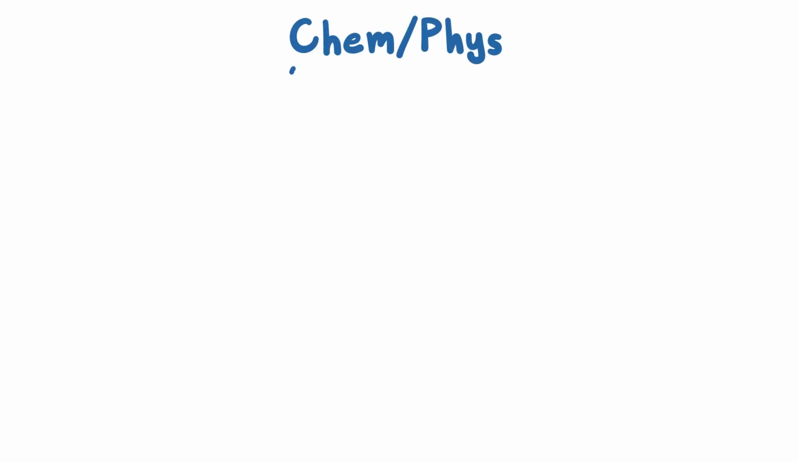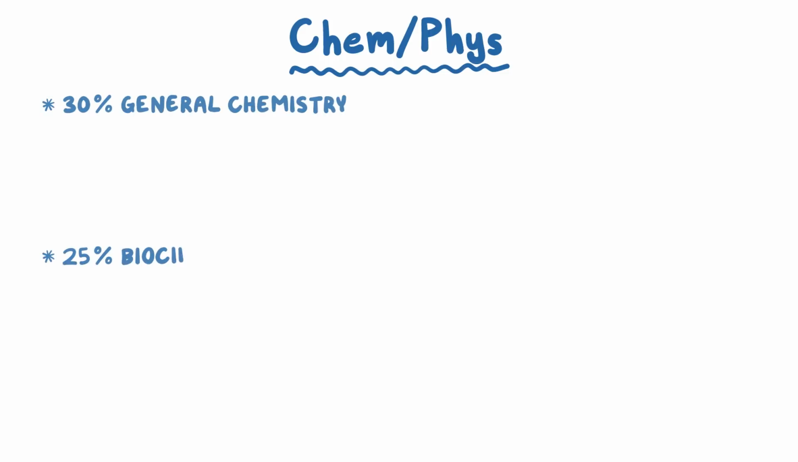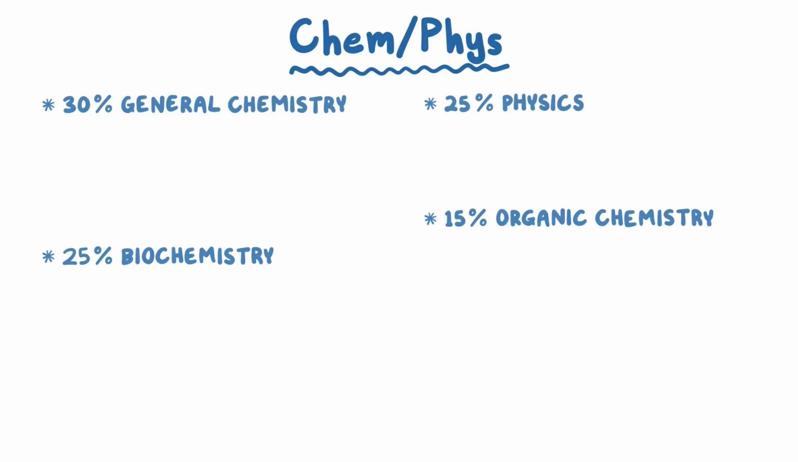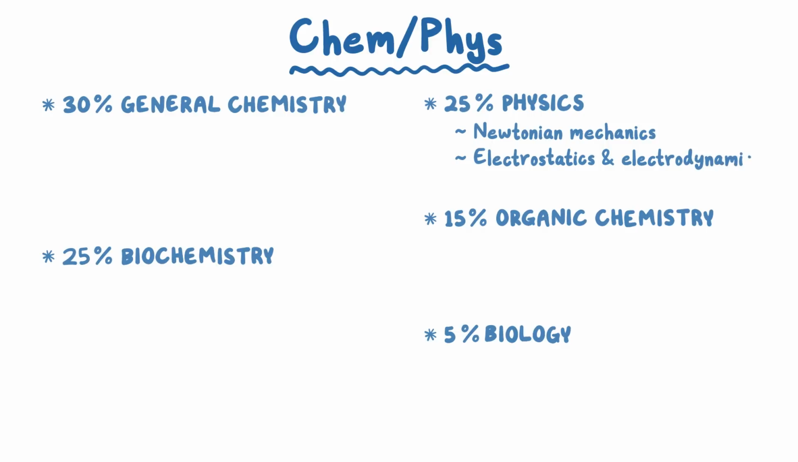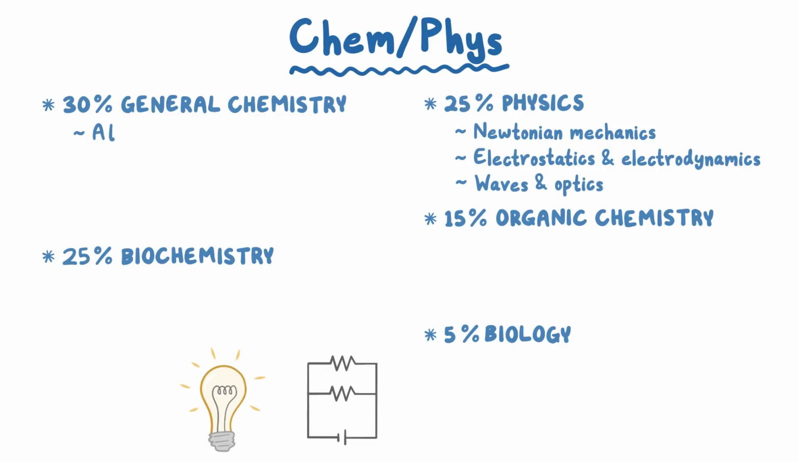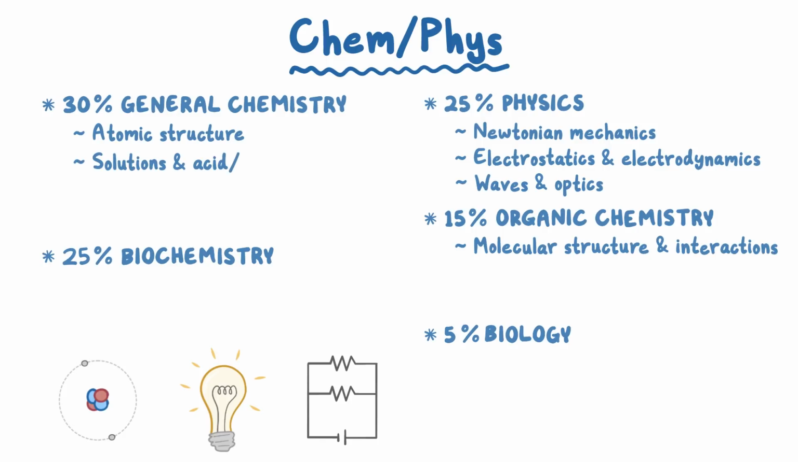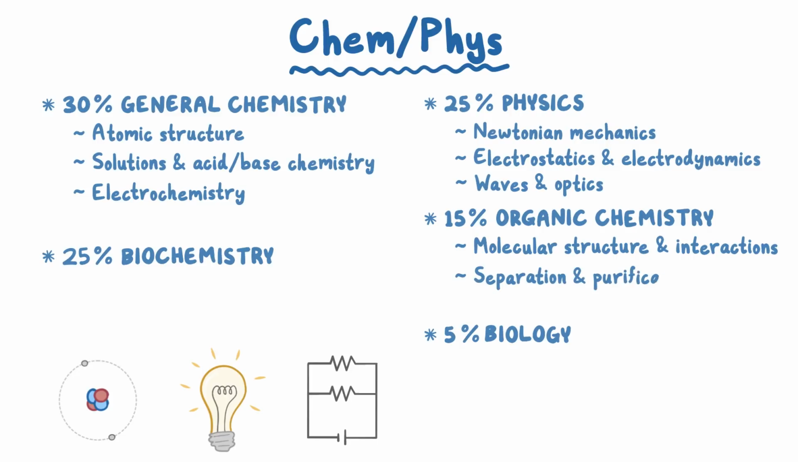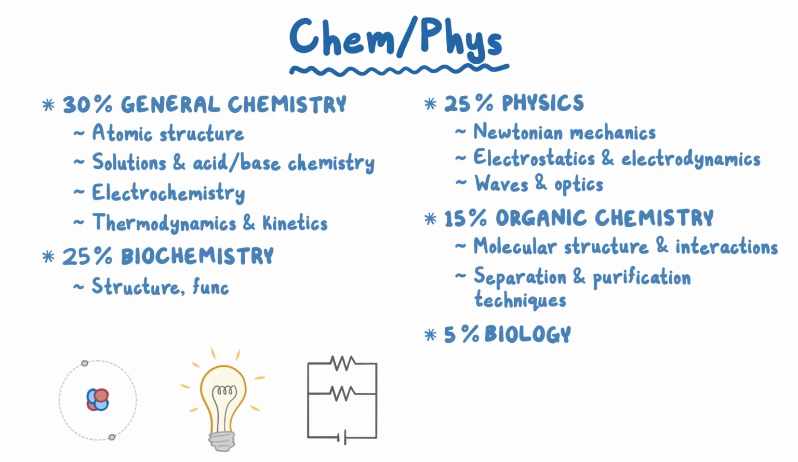Let's start with the Chem Phys section, which consists of 30% general chemistry, 25% biochemistry, 25% physics, 15% organic chemistry, and 5% biology. Topics in this section include Newtonian mechanics, electrostatics and electrodynamics, waves and optics, atomic structure, molecular structure and interactions, solutions in acid-base chemistry, electrochemistry, separation and purification techniques, thermodynamics and kinetics, and the structure, function, and reactivity